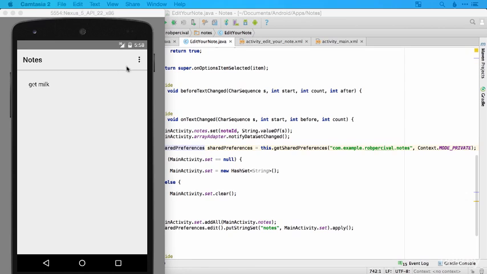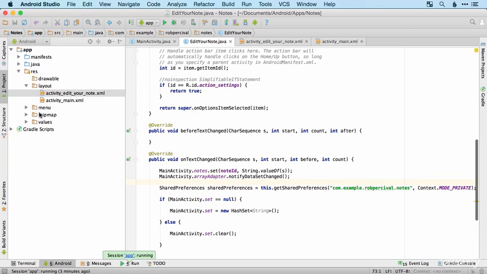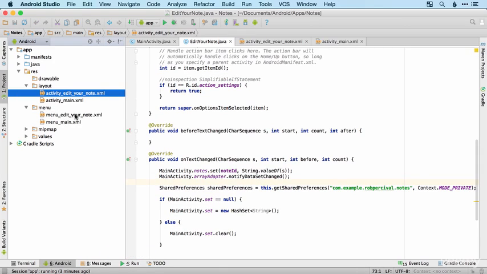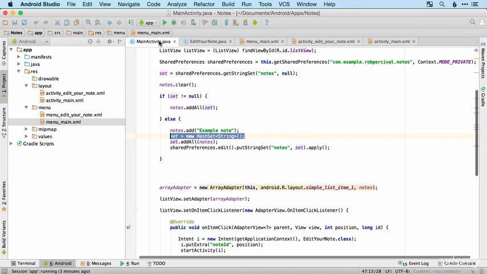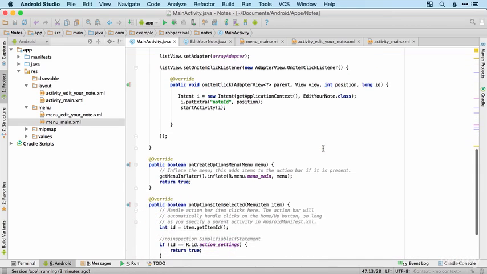So now we want to add the facility to add a new note. So as you can imagine, we're going to go to the menu here, and it's the main menu that we want to edit. And as we've done before, I'm going to change the title here to a plus. Show as action always. I'll leave the category as it is, and I'll change the ID to add. And then